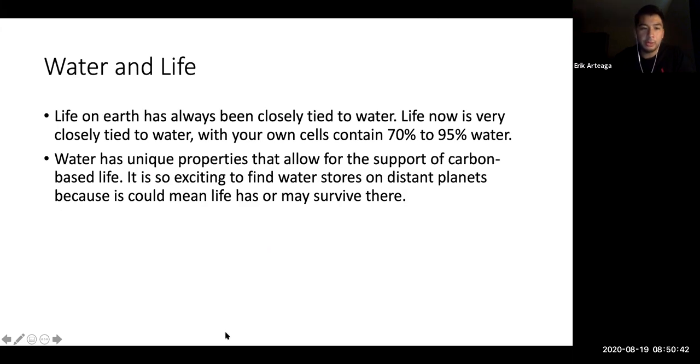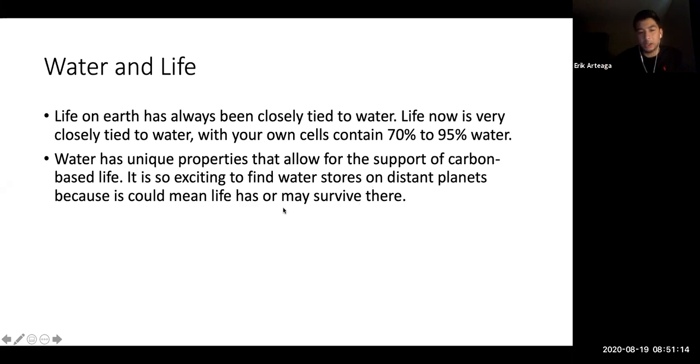So water and life. Life on Earth has always been closely tied to water. Life now is very closely tied to water, with your own cells containing 70 to 90% water, okay, which means we are made of a majority of water, okay? Water has unique properties that allow for the support of carbon-based life. It is so exciting to find water sources on distant planets, because this could mean life has or may survive there, okay? So